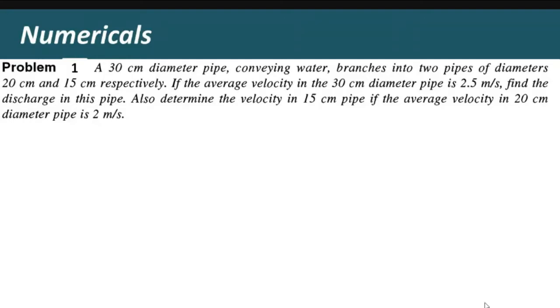If the average velocity in the 30 centimeter diameter pipe is 2.5 meter per second, find the discharge in the pipe. Also determine the velocity in the 15 centimeter diameter pipe,